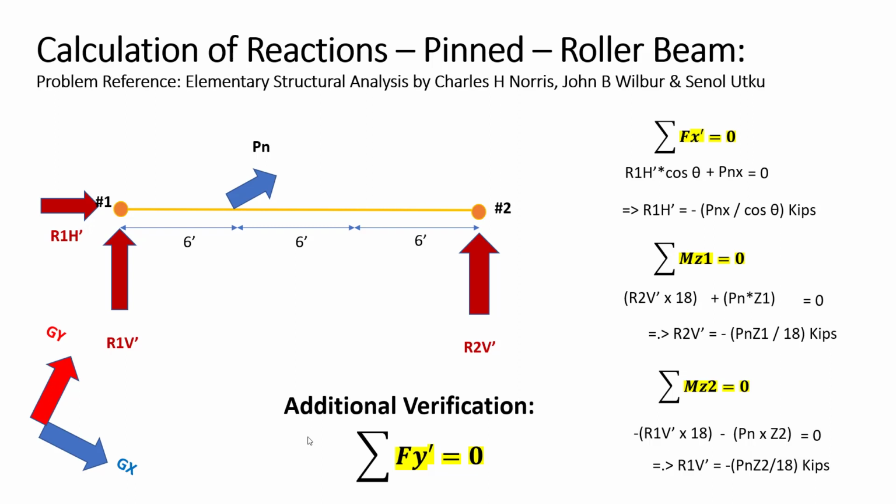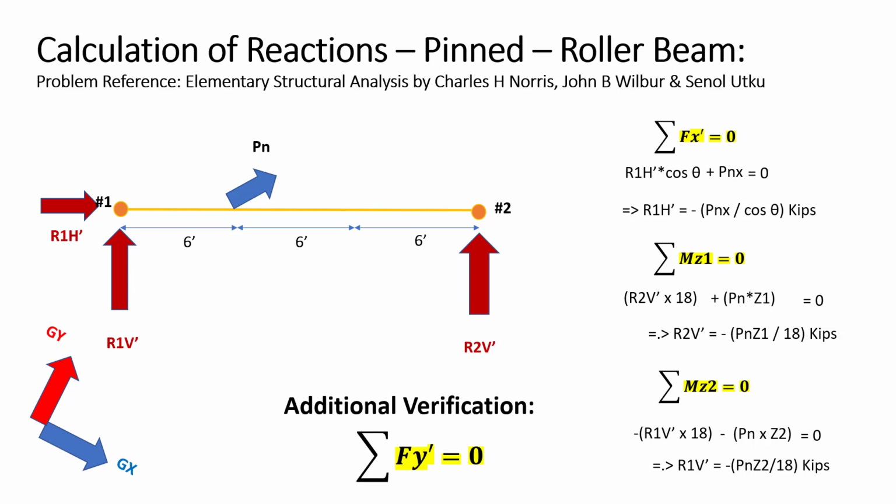Now, based on the discussion, we had shown that if we use the equations as shown on the screen to solve for the reactions of the structure, which by the way has been inclined with the global axis system, and we use summation of the forces in the horizontal direction to be zero and solve for the horizontal reaction at node number 1, and then take moments about both node number 1 and node number 2 to solve for the vertical reactions at node number 2 and node number 1 respectively,